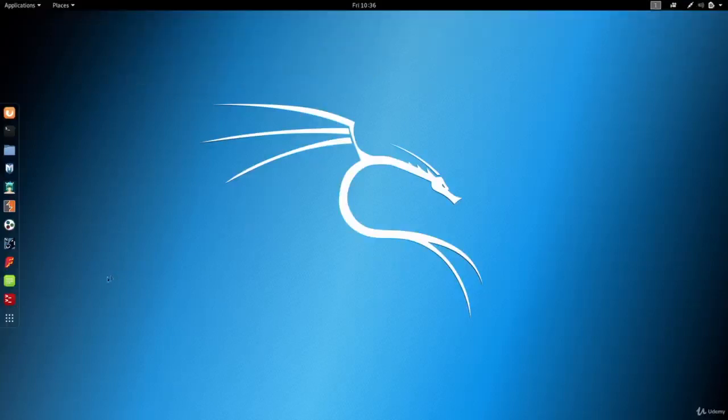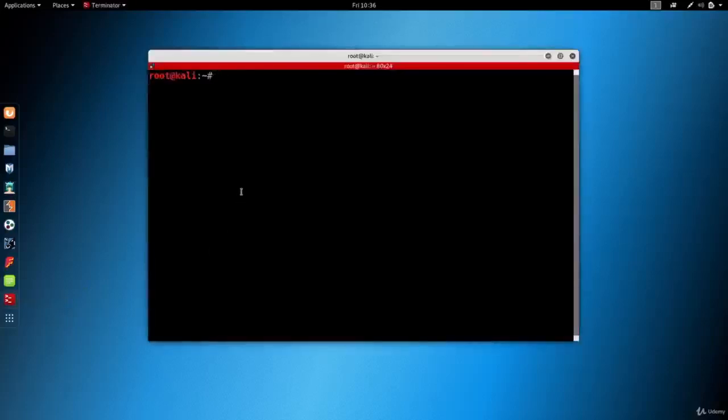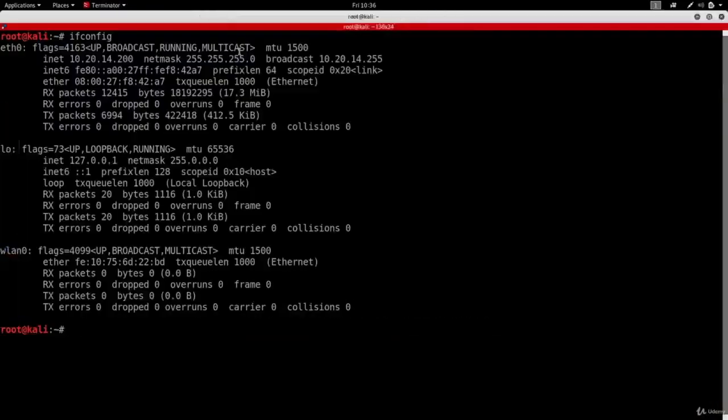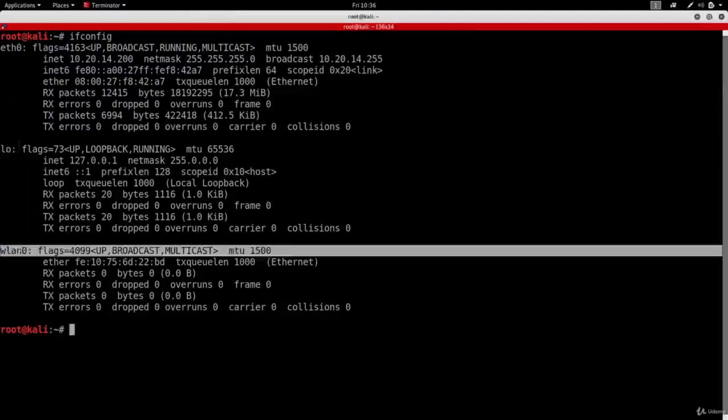And to confirm that the adapter is connected, we can just go on terminal right here and type ifconfig. This command lists all the interfaces that are connected to the machine, and as you can see now, it's showing an adapter called wlan0, which is the wireless adapter. So if you have this in here, that means your adapter is connected. If you don't, then ask in the discussions and I'll help you through this. Some adapters are not compatible with Kali, so that could be the issue, or the issue could be something else.